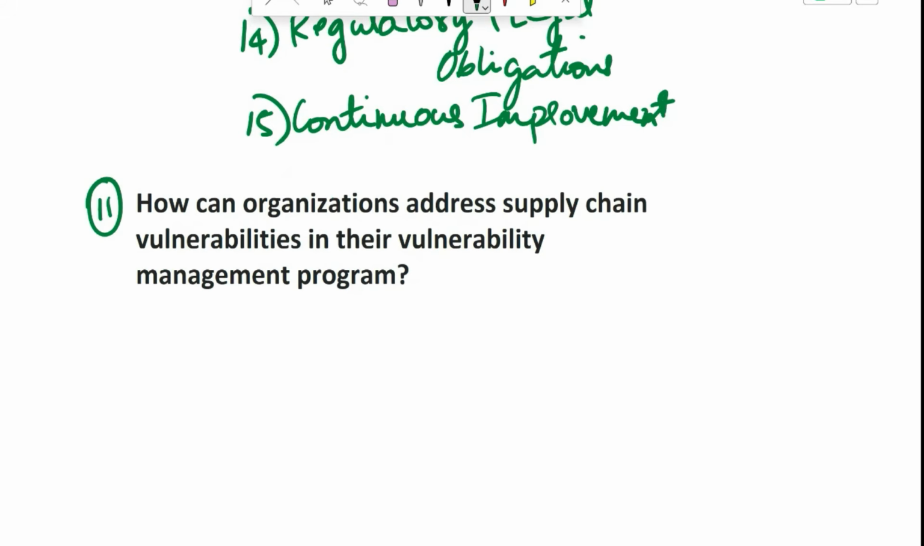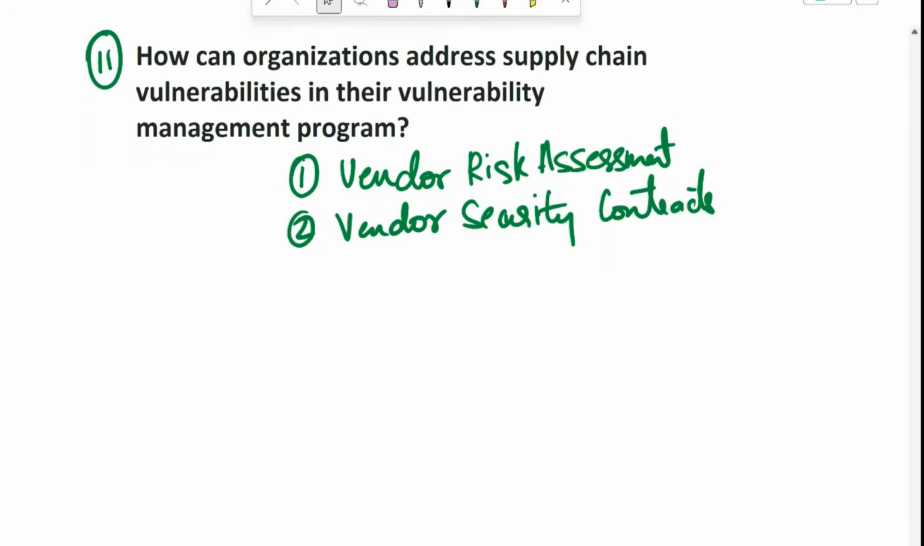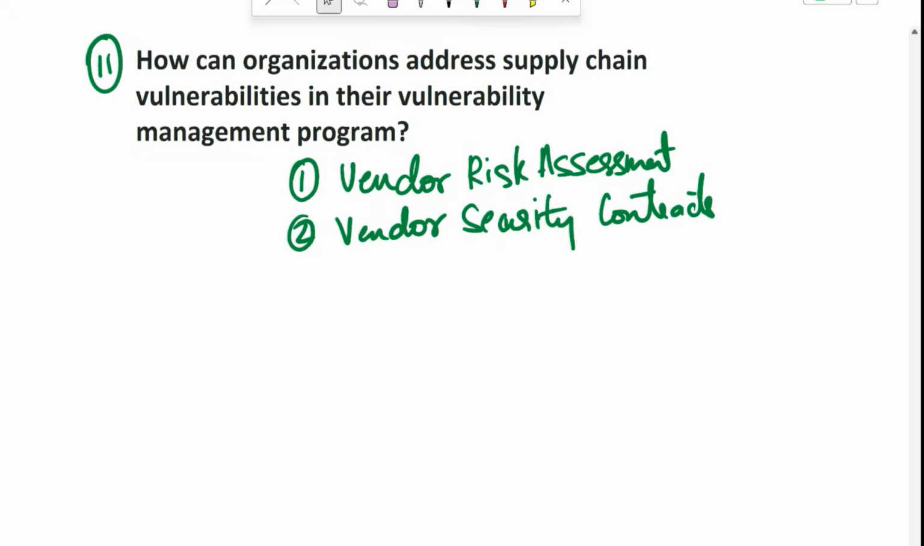Some of the key points to consider here are: the first one is the vendor risk assessment. Conduct a thorough evaluation of third party vendor security practices, vulnerability management processes, incident response capabilities before partnering with them. Next is vendor security contracts. Define clear security expectations and responsibilities in vendor contracts, ensuring that vendors commit to timely patching, vulnerability disclosure, and compliance